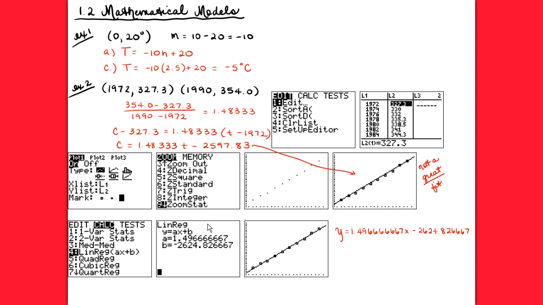Now, this is also where you would need to tell your calculator if you used lists other than 1 and 2. So you would say linear regression L3, comma, L4. And then it would do the regression of that information instead. All right? Wherever you tell your calculator to put this is where it will. So I had mine loaded into Y1, but you could have it loaded into Y2 or Y8 or whatever you want. So we did our shortcut menu to load that Y1 or Y2 or whatever value that you might want. Okay, so then we had a much better graph of that information,